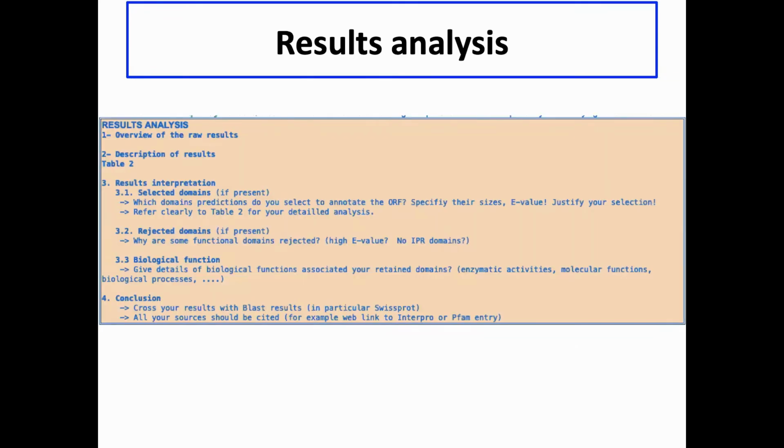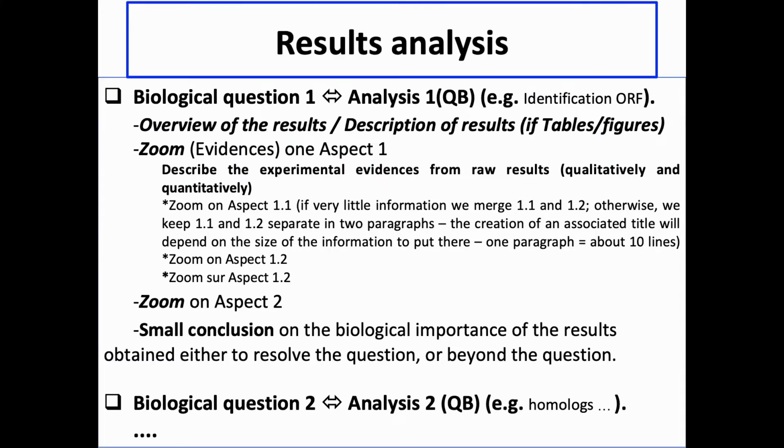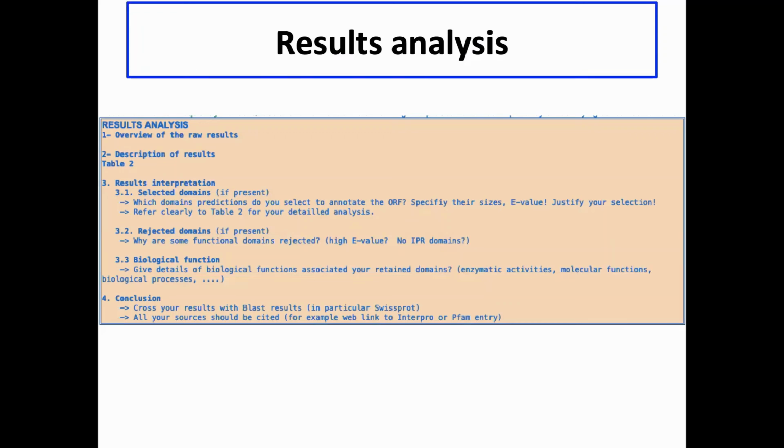So here, this is a part of the rule book to show you that what you already did now follow exactly what I'm talking about here in this slide. As you can see, in different aspect items of your annotation, you always have the overview of your result. This is about the domain analysis, and then describing your results based on the table. The table summarizes what you have in the raw results,